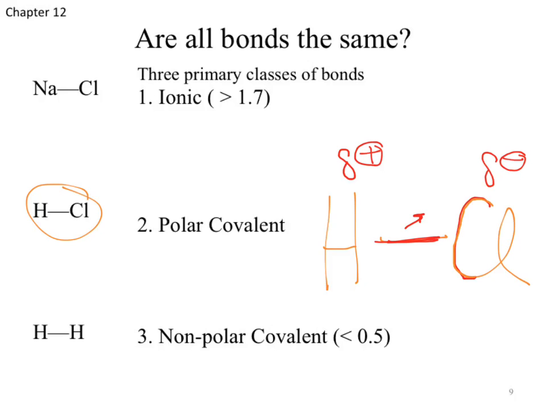Because they are equally sharing electrons. And are our electrons fixed in any one position? No, they can jump into different places within an orbital. Okay? So just like we have that bond, those electrons can spend some of their time closer to the chlorine or some of their time closer to the hydrogen. Which means, as kind of an average over the whole lifespan of the hydrogen chloride, most of the time the electrons spend their time with the chlorine. Chlorine starts to become more negative than the hydrogen.